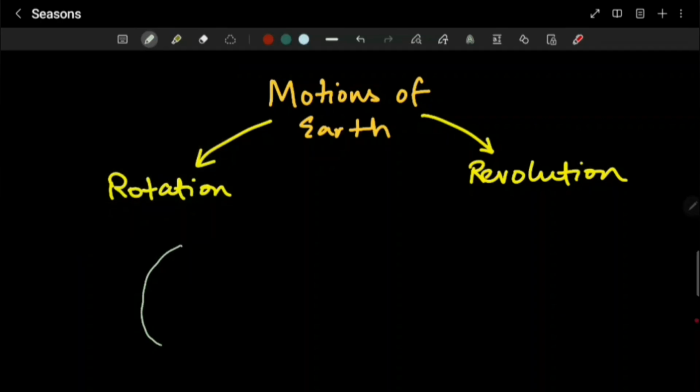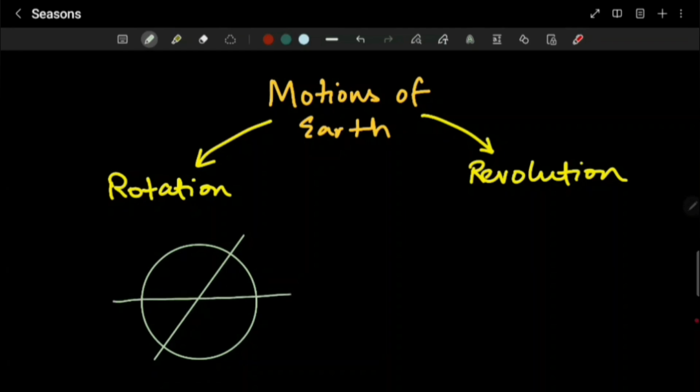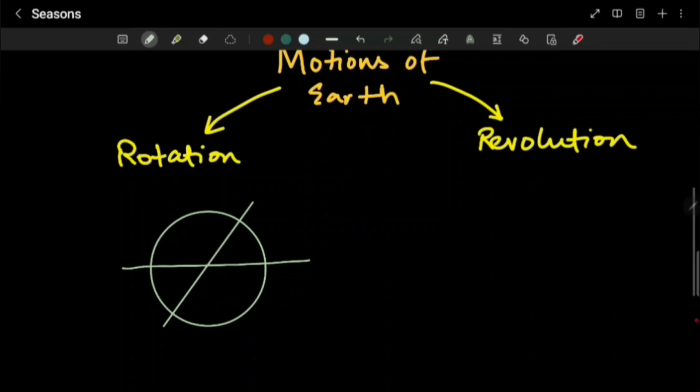So if this is the earth, then what is the axis? Axis is an imaginary line that makes an angle of 66.5 degree with the orbital plane. Orbital plane is the plane that is formed by the orbit. Earth goes around in an elliptical orbit. So if this is the orbital plane,